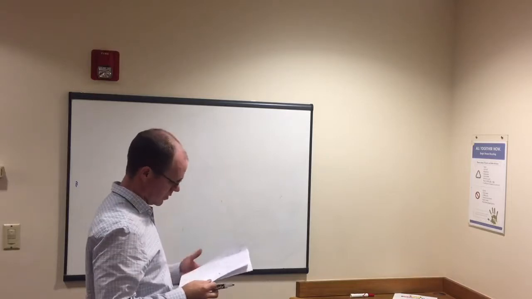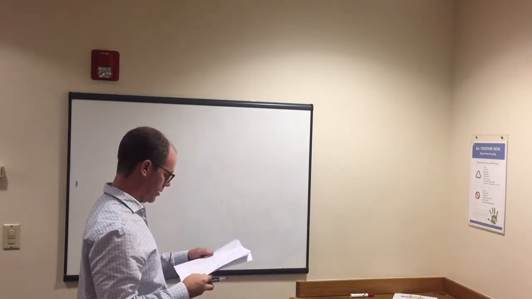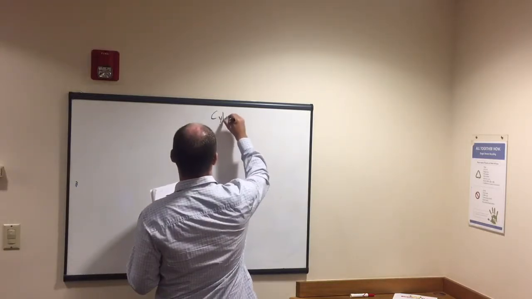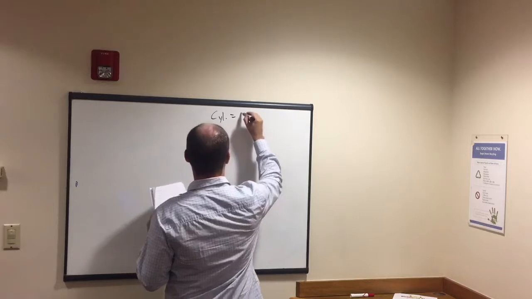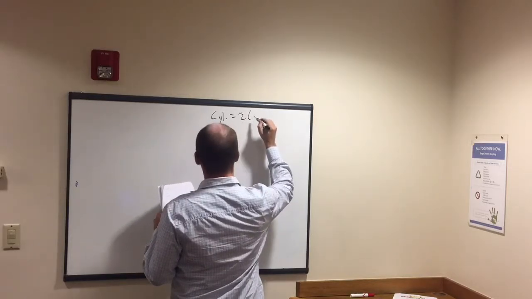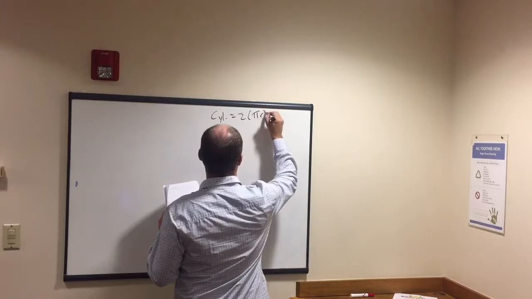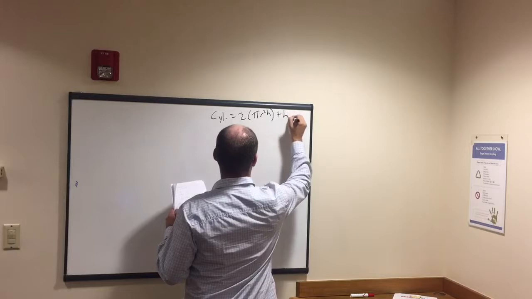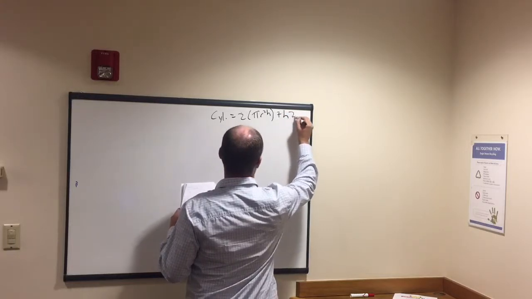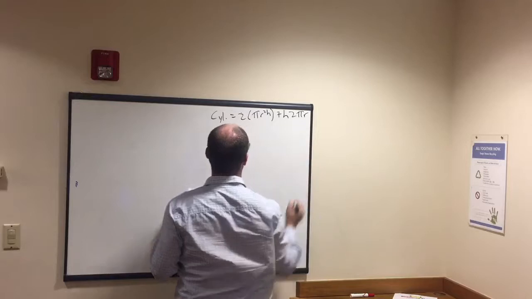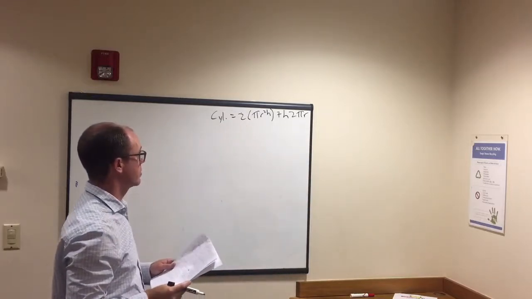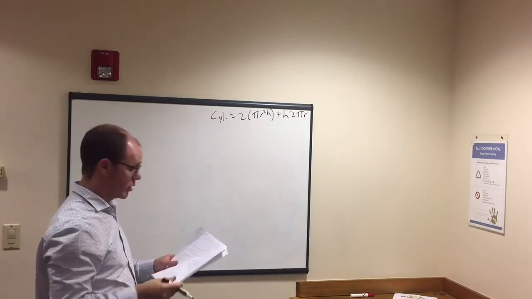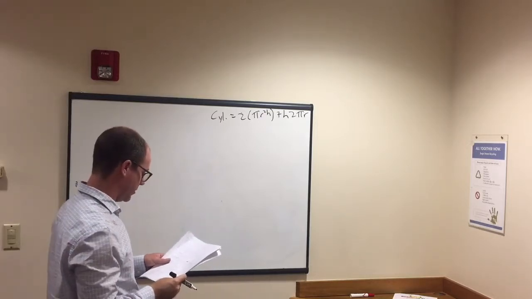Probably that cylinder might be the harder one to remember from a formula standpoint. So for our cylinder, the formula is 2 times pi r squared h plus height times 2 pi r. So that's our formula: 2 times pi r squared h plus height times 2 pi r. You're going to have to put in some time to memorize that one, and then they'll give you the